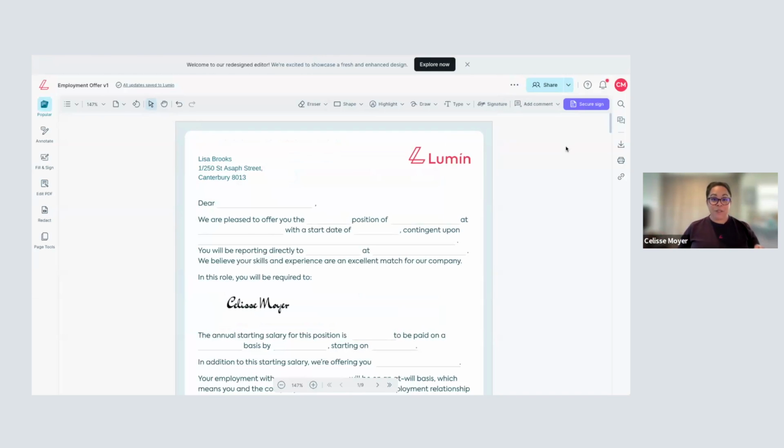So if you've got any feedback on the new layout or anything else that you see in Lumin, you can just click right here on this little question mark. And if you click on give feedback, it will send you directly into our feedback tool, and you can enter your feedback anonymously right in there. Tell us exactly how you're feeling. We want to hear it so that we can, of course, make Lumin the best platform for you that we